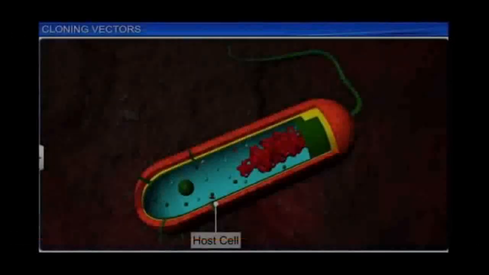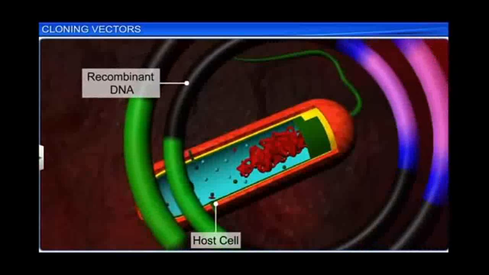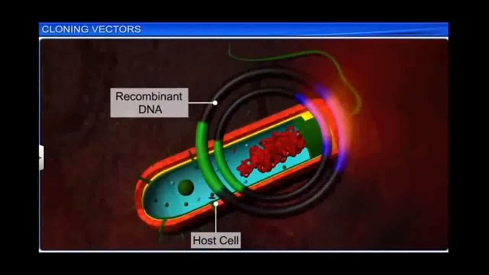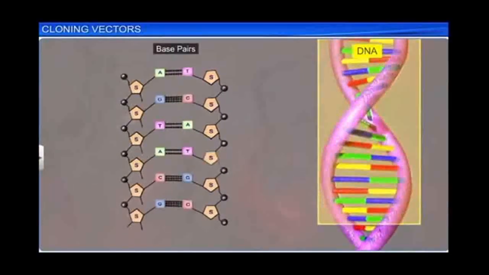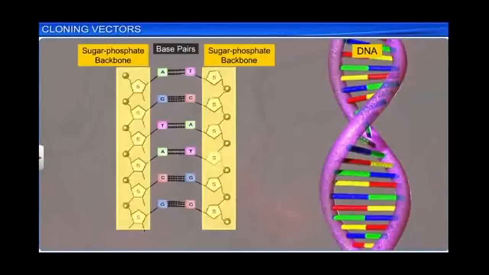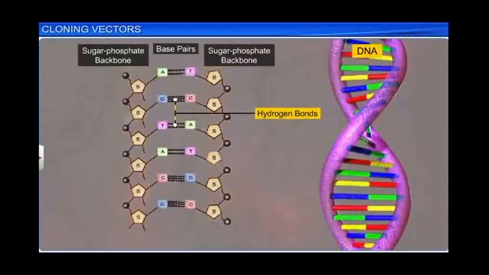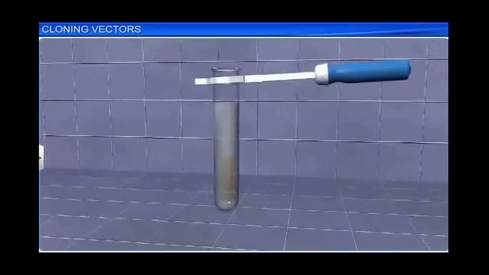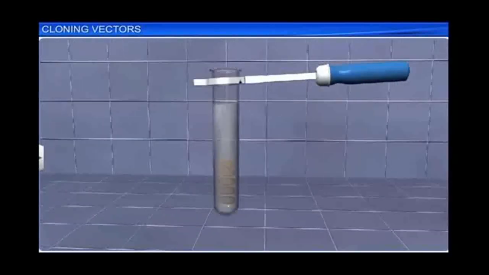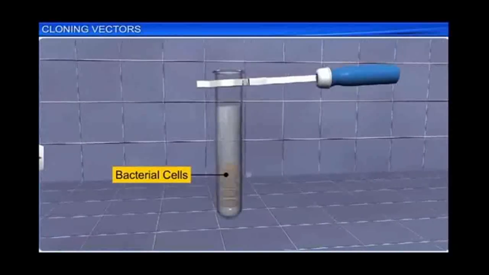In this E. coli, the DNA of our interest, that is the rDNA, is inserted into the host cell. It is very fast; within 20 minutes it can multiply. Moreover, the DNA structure is made up of sugar and phosphate molecules, and the nitrogenous bases have hydrogen bonds. So it is a highly hydrophilic molecule. It cannot allow other structures to enter through the cell membrane.